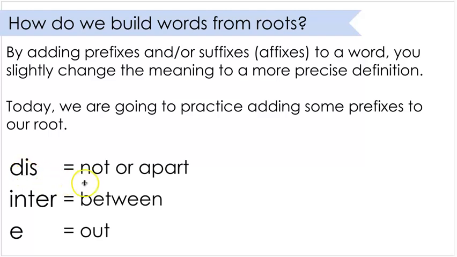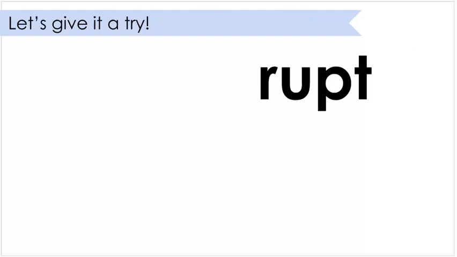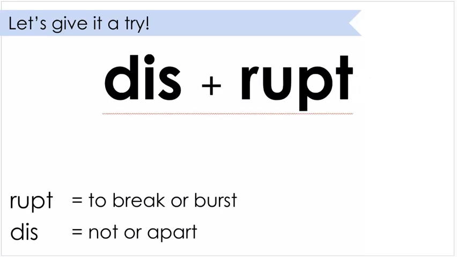Dis means not or apart. Inter means between, and the e means out. You're probably already thinking of some words. So let's give it a try. So again, we have the word rupt, or the root rupt. We're going to add